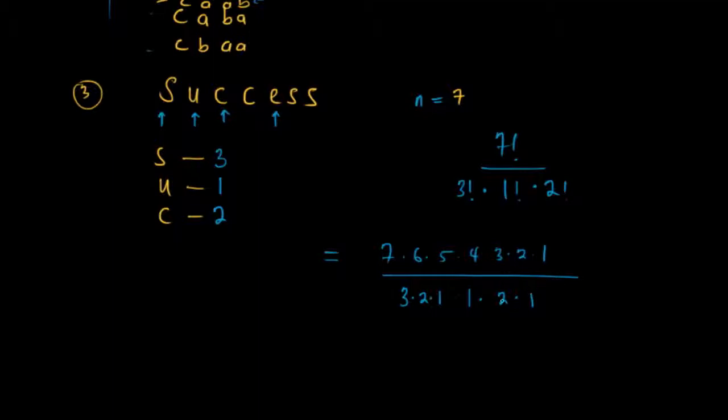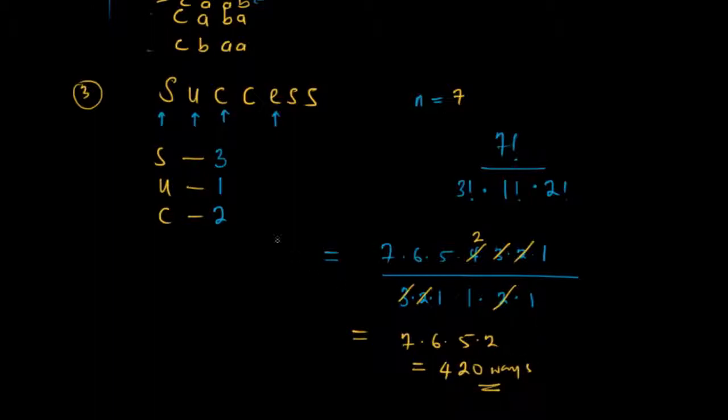When you begin to cross out, this 2 crosses 2 here, 3 crosses 3, and 2 crosses 4 here, leaving 2. So your solution is just going to be 7 times 6 times 5 times 2. 7 times 6 is 42, 5 times 2 is 10, so 42 times 10 gives you 420